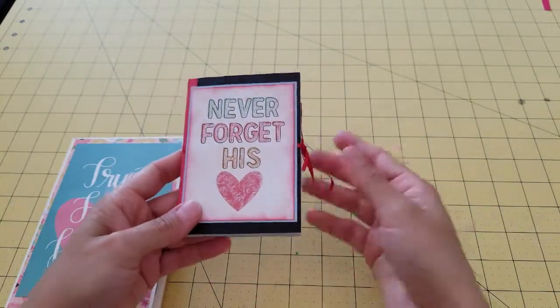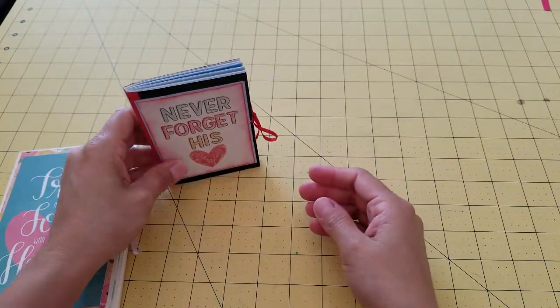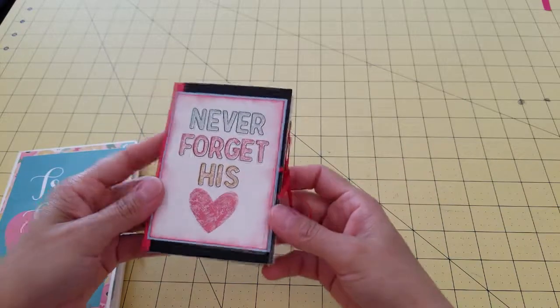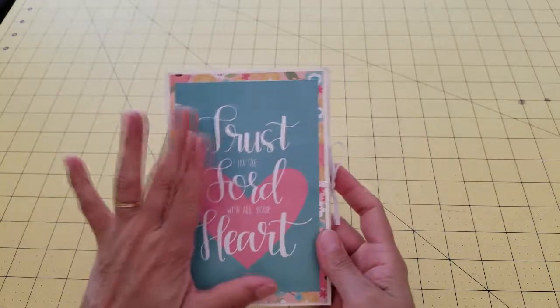And now I can just leave it on a shelf where I can see this. I can use it as a decor. It's standing on its own. Never forget his love. I made this flip book with 4 cards, and right here on the cover I decided